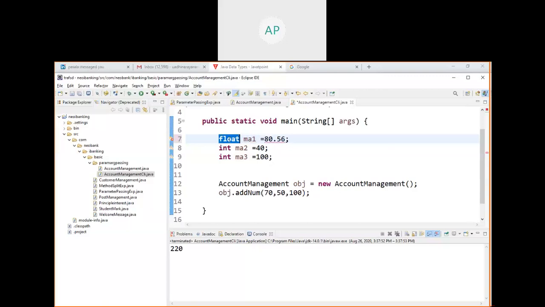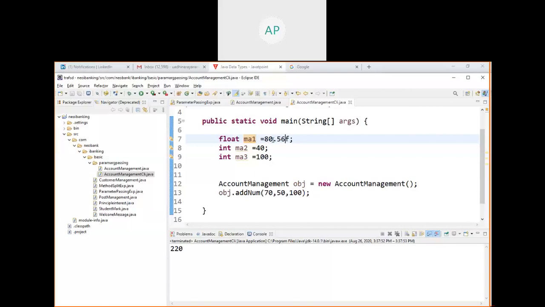Float. It says it cannot convert a float. It got confused. Now you defined a variable called MA1 as float. So you can store 80.56.